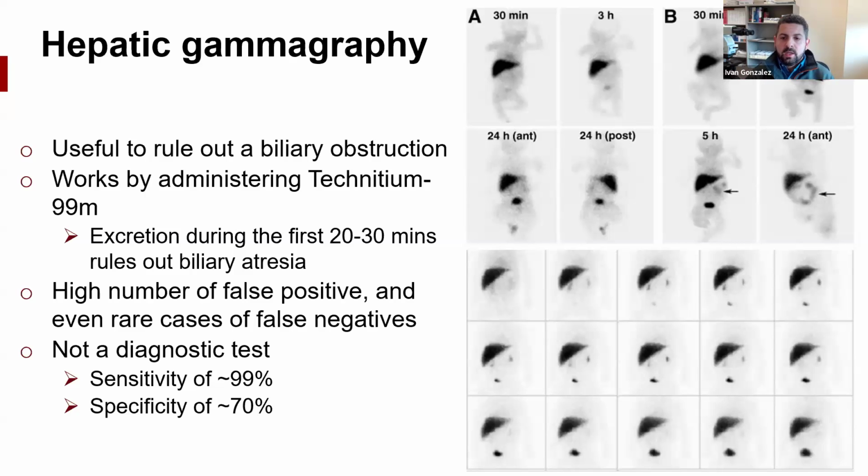And that's really important because in some centers, given the awareness of all these false positives, they require doing a liver biopsy before you go to a cholangiogram. So you get a hepatic scintigraphy with an abnormal result, and before going directly to a cholangiogram, they will do a liver biopsy just to make sure. For instance, one important false positive will be Alagille syndrome.